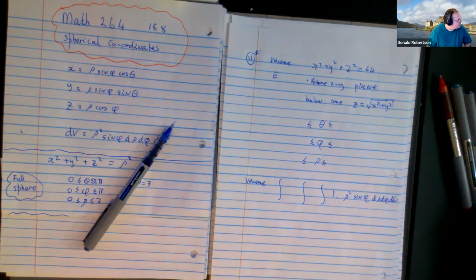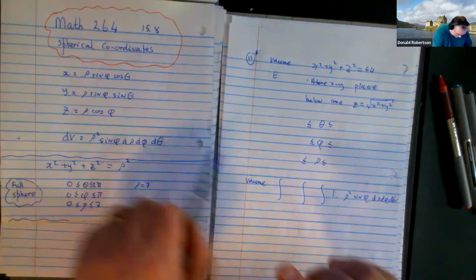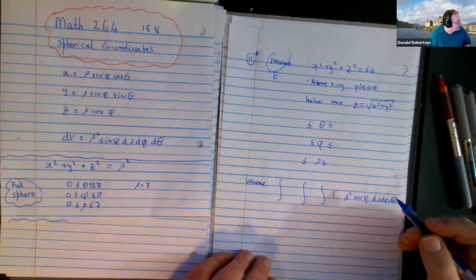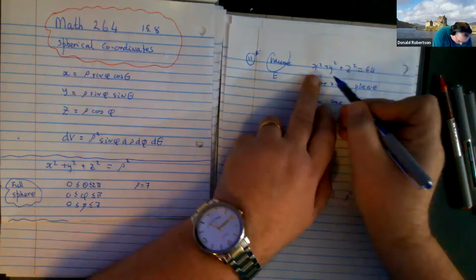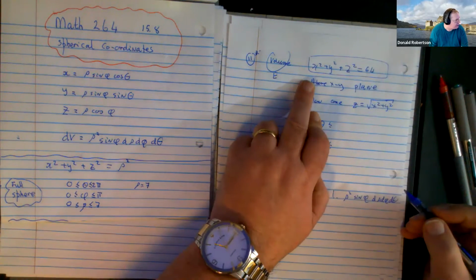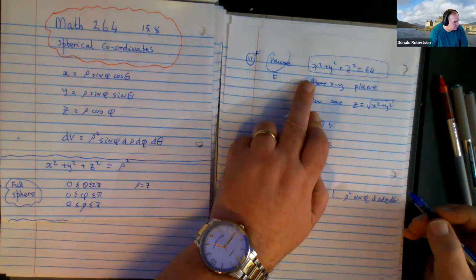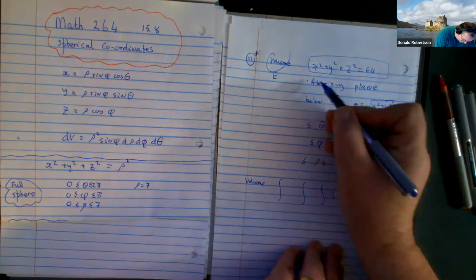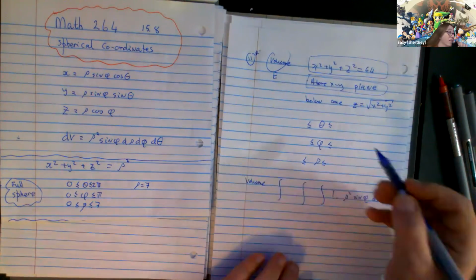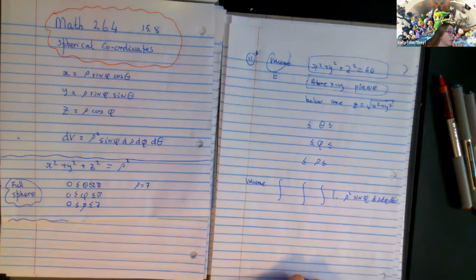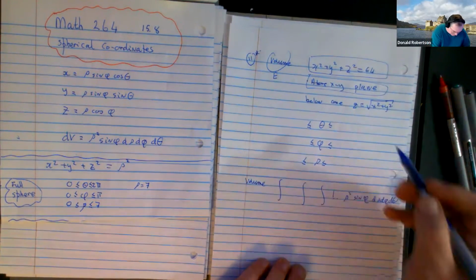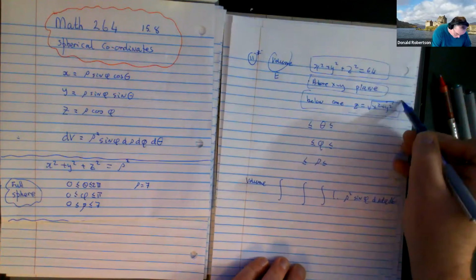Now, this region is described as find the volume. Well, that's easy, so that's where the 1's going to come from. And what's it made from? It's made from a sphere that looks like this. So what's that, radius 8, and above the XY plane. Is that a 64? Yes. And the radius then is 8. And it's to be below